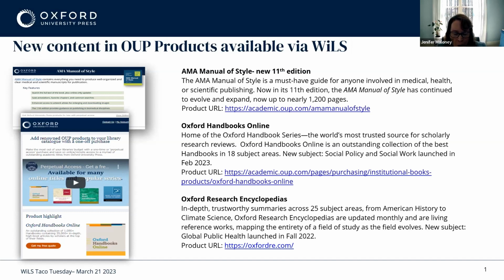Global Public Health just launched last fall, and certainly it's handling a very difficult subject with a lot of disparate areas of academic and disciplinary backgrounds. It's a significant challenge for researchers in the field of public health to be able to summarize those disparate areas and those broad areas such as health promotion and the highly technical bench sciences. One of our latest articles that just launched in Global Public Health is called Using Lifestyle Intervention to Reduce Alzheimer's Risk in African Americans. And Oxford Research Encyclopedias is available as an annual subscription, but you can also purchase it